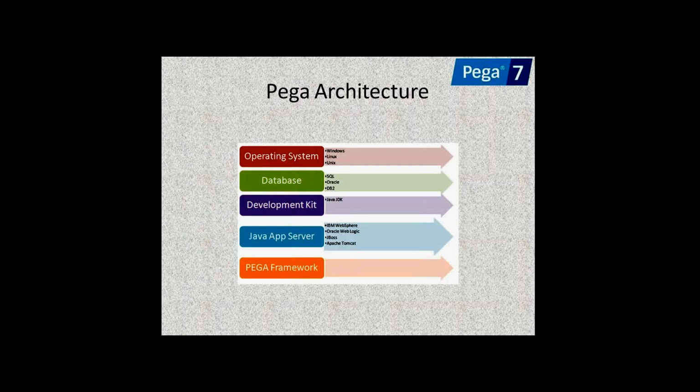And coming to the architecture of Pega PRPC, if you want to work on or install Pega, some operating system is required. It supports Windows, Linux, and Unix operating systems, and one database is compulsory. If you want to develop a web application, we compulsorily require a database and an application server. Pega supports all the databases in the market, and it is a Java based application.